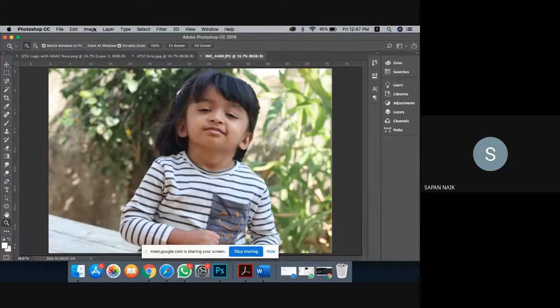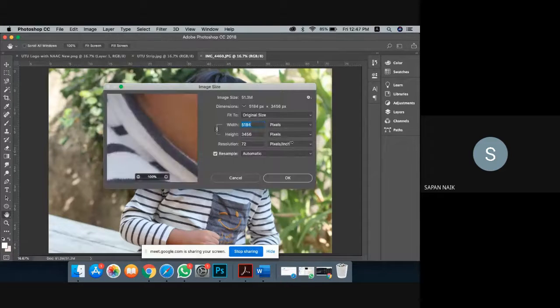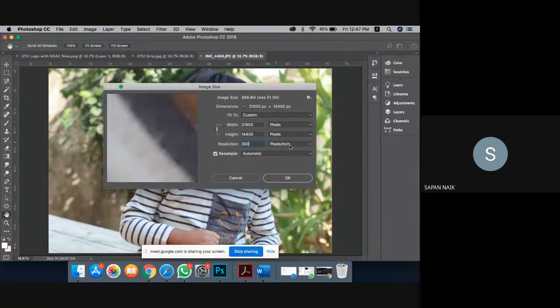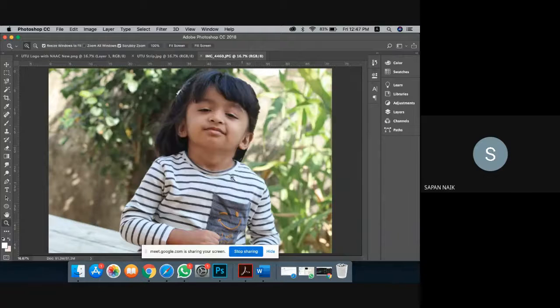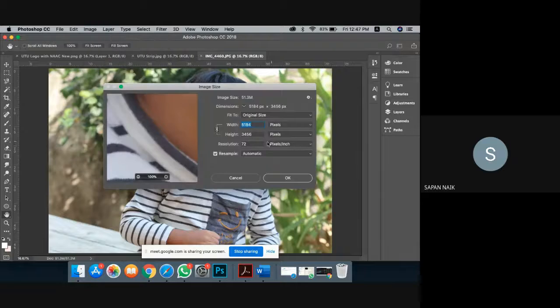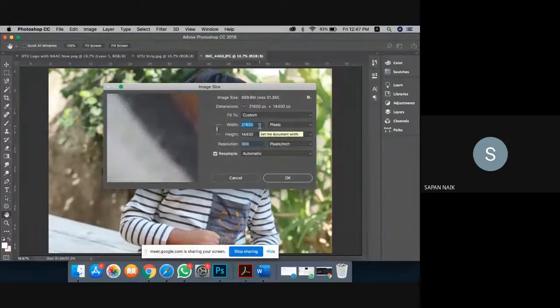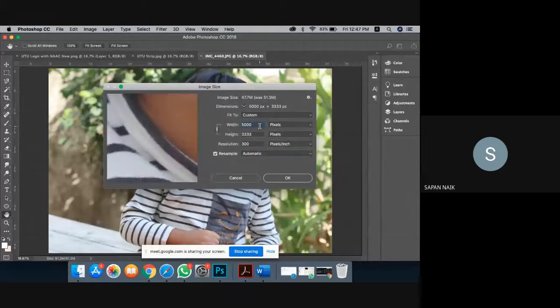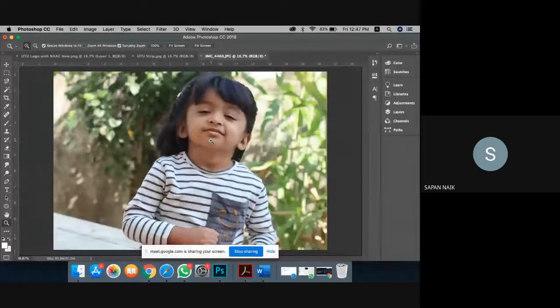Fine. You can resize your image simply here itself. If I want to make it 300, I can do. But if I do 300, as you can see here, the number of pixels gets increased. So initially, what was the number of pixels? Let me check. Image size, 5,000 almost. So we'll do 300, and here we'll do 5,000. So again, it is the same image but with a different resolution. Get it? This is what we can do with Photoshop.